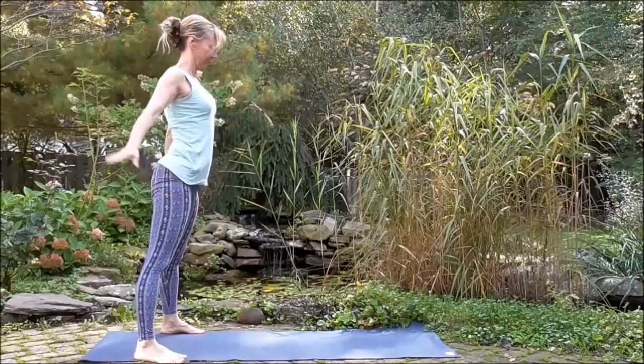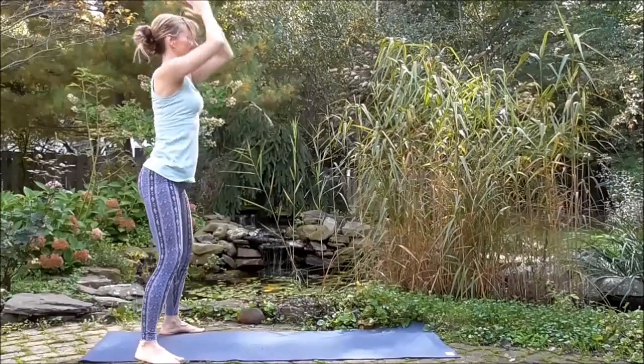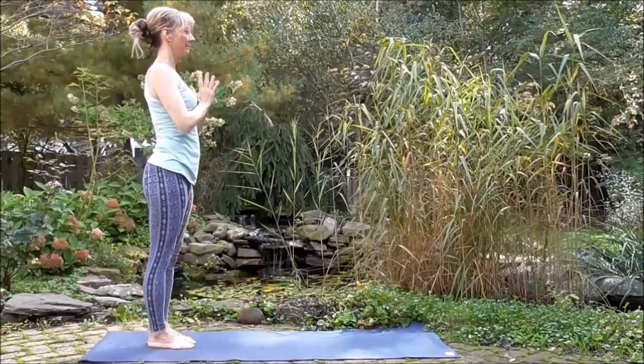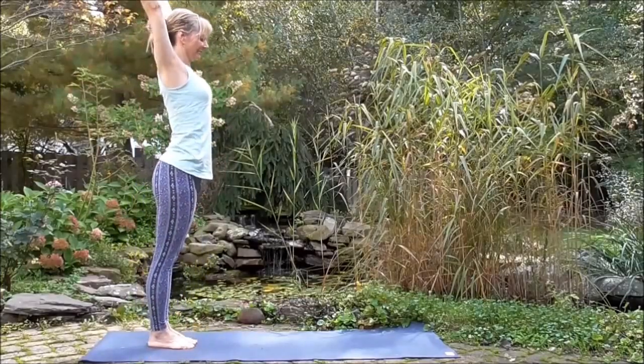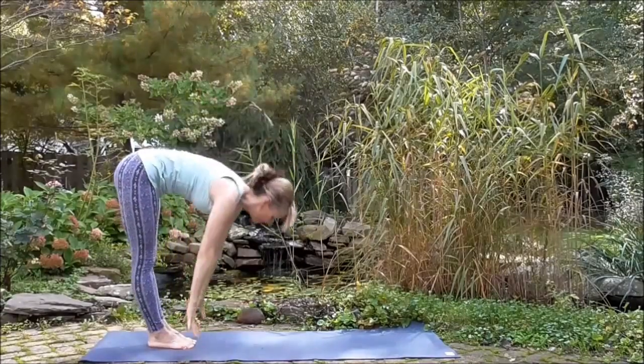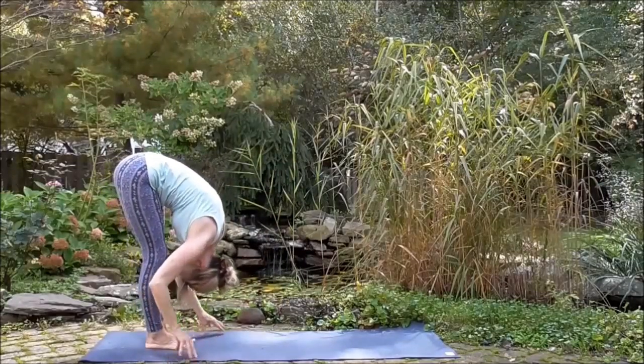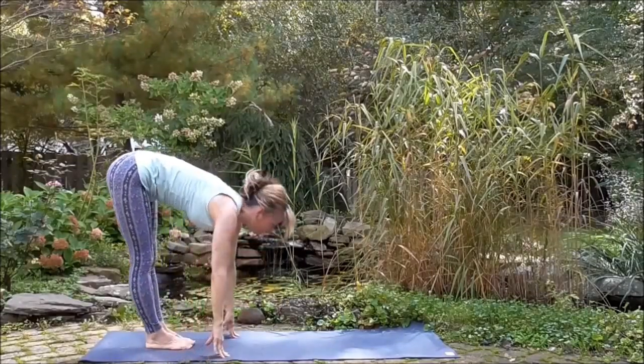Hands on your hips. Inhale all the way up nice and steady. Hand to the ceiling, breathing in. And then exhale, you would jump, pushing with both feet evenly back into your legs together, back into the center. Hand to your ceiling as you inhale up, and then exhale, fold your body all the way back